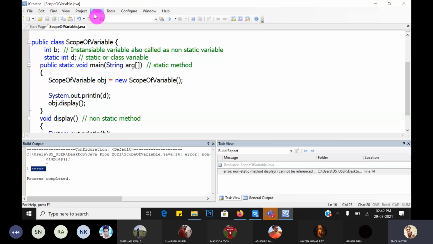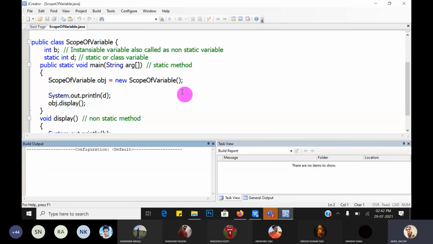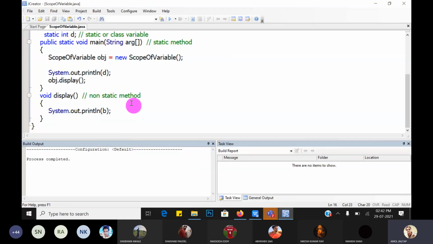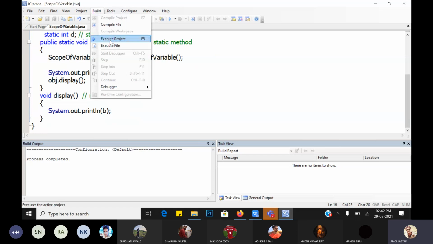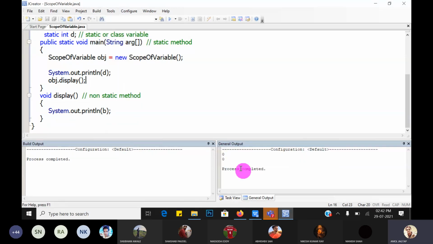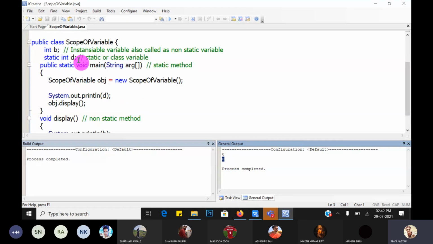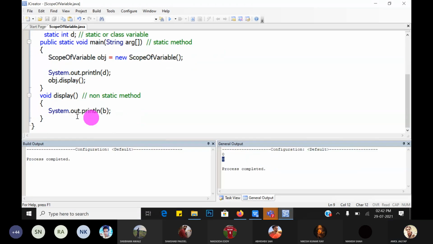Now check whether it gives a compilation error. No. Now print the output. What is the output of the program? Just check: 0 0, two times. Because the static variable is not initialized and the instance variable is not initialized either, their value is treated as the initial value 0.